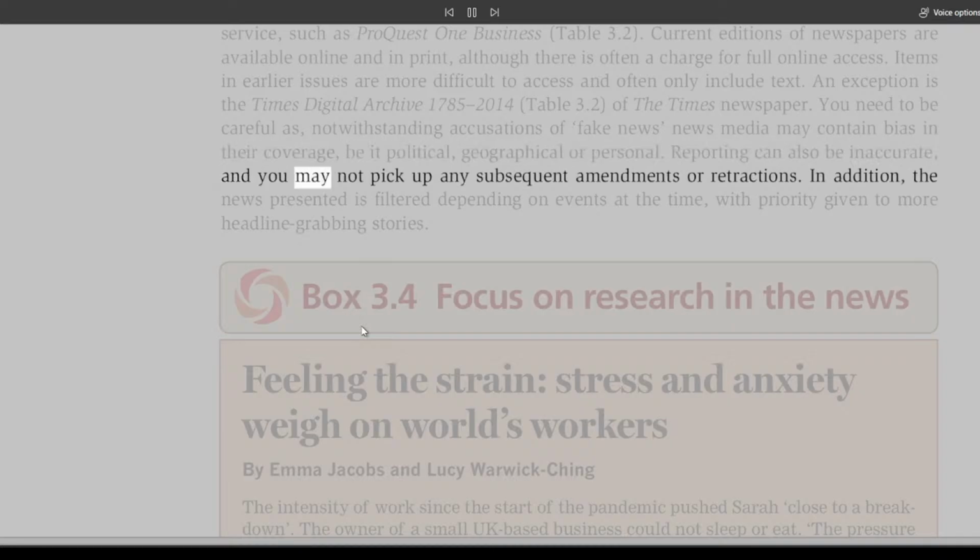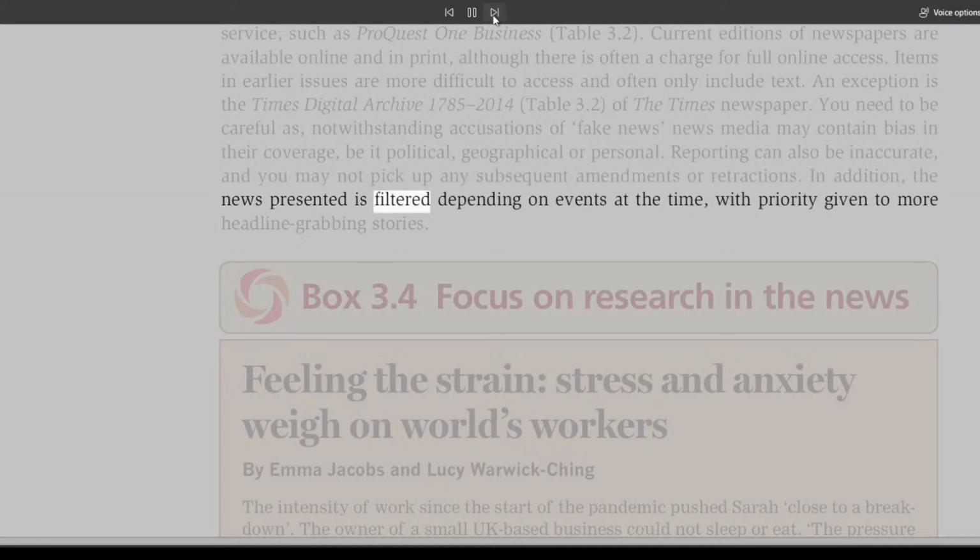Reporting can also be inaccurate, and you may not pick up any subsequent amendments or retractions. In addition, the news presented is filtered depending on events at the time, with priority given to more